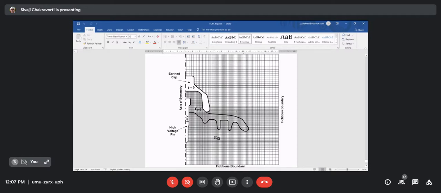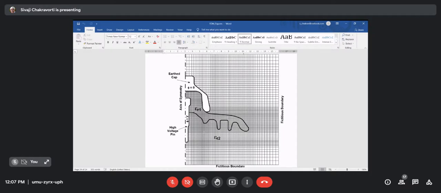So two boundaries have two different boundary conditions. In the dielectric boundary, the boundary conditions will come from the fundamental field theory. That I will explain when I explain the development of the nodal equations for multiple dielectric. Today I have explained only single dielectric case. So I will go step by step, right? Then you will be able to understand. I have started with single dielectric and two-dimensional, and of course equal nodal distance. Then I will go for two-dimensional unequal nodal distance. So you will be able to understand that.